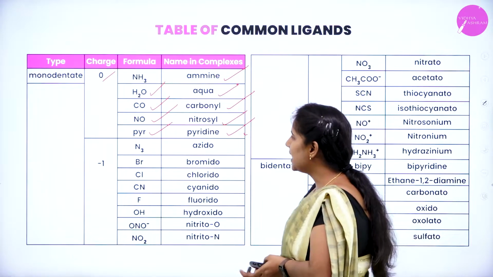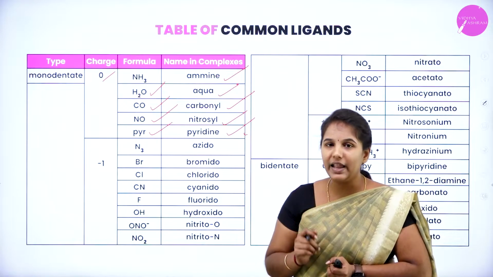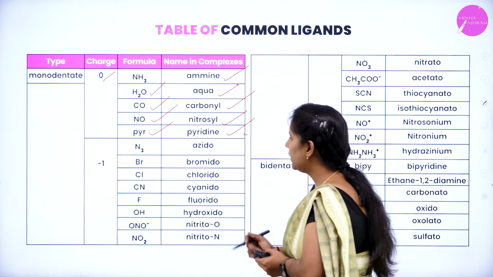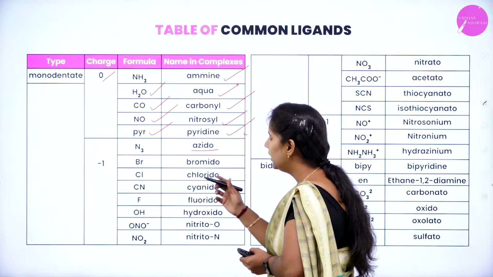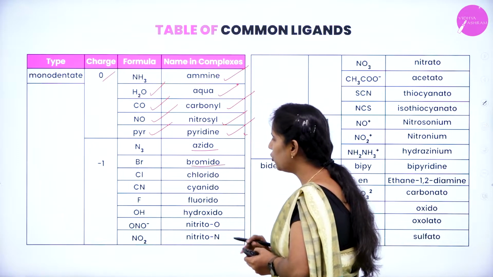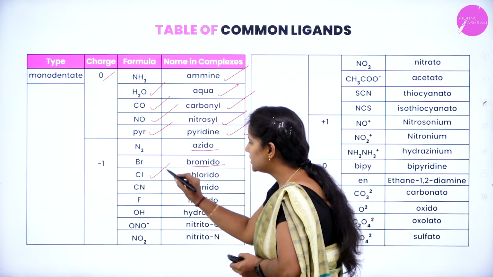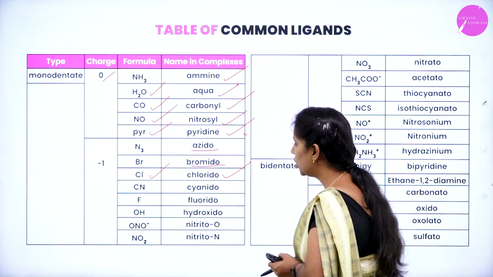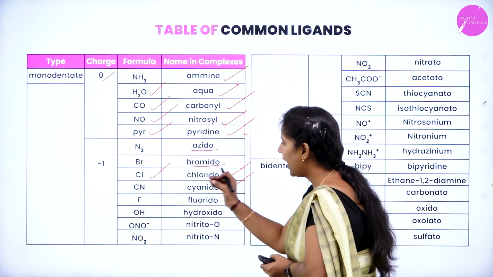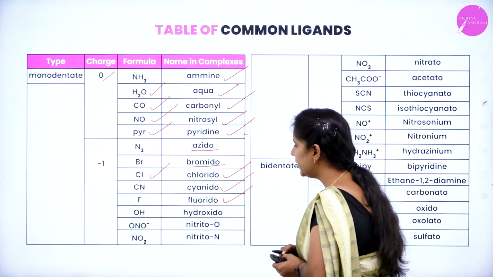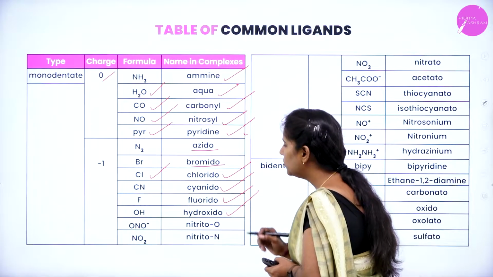Okay. Next, I'll go with the monodentate ligands which carry the negative charges. So, here you can see that N3 which is azido, and Br which is bromido, carry a -1 charge. Similarly, Cl which is known as what? Chlorido, and CN which is known as cyanido, and F which is fluorido, and OH which is hydroxido, and